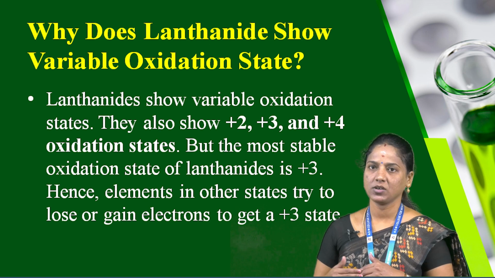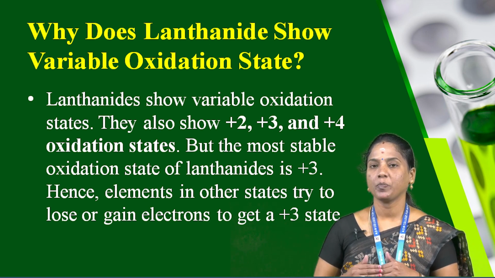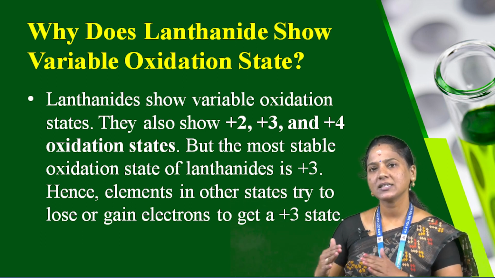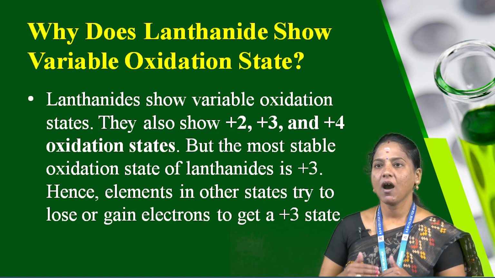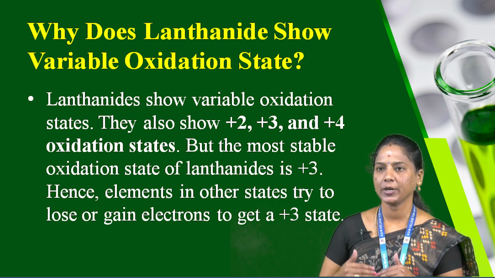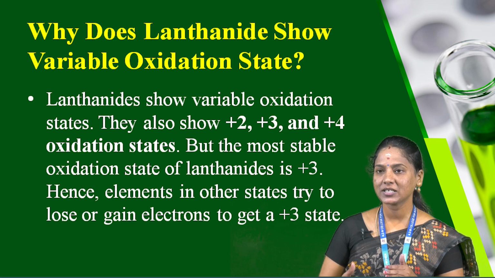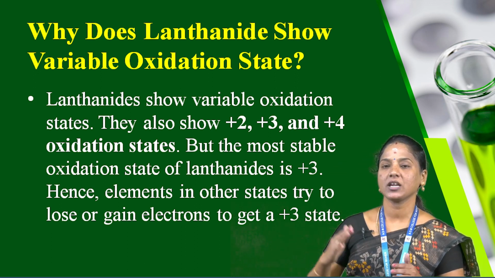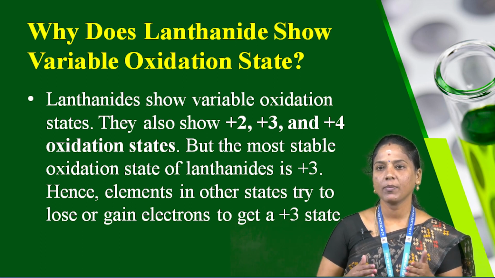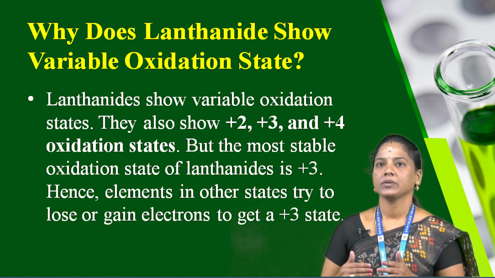Oxidation state in aqueous solution. In an aqueous solution, samarium 2+, europium 2+ and ytterbium 2+ lose electrons, are oxidized, and are good reducing agents. On the other hand, cerium 4+, praseodymium 4+ and terbium 4+ gain electrons, get reduced, and are good oxidizing agents. The high oxidation state +4 is possible only with oxides, for example of praseodymium, neodymium, terbium and dysprosium.